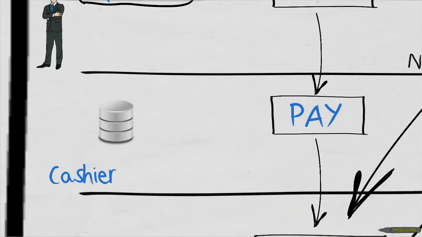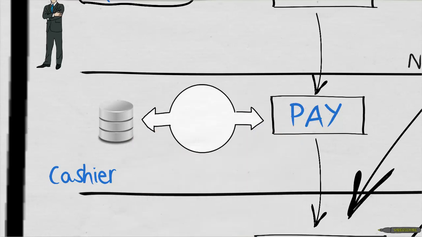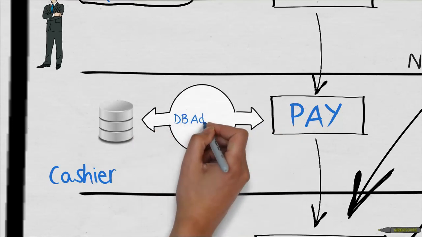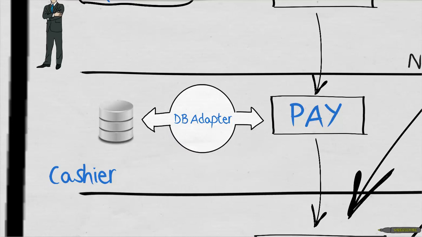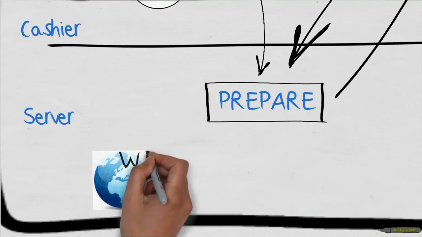The next step can be automated in order to send the payment data inside a database. For that, the tool offers an out-of-the-box adapter which connects to the database of your choice and sends automatically the data from your process. Let's now imagine that in the prepare step, the coffee machine is in fact a web